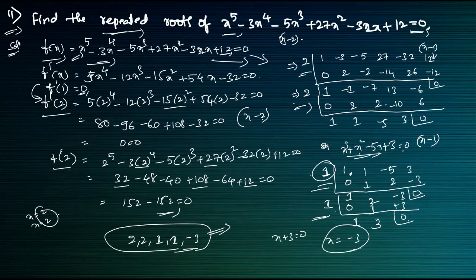So compulsorily 1 is the root for this one. First we are using the 1, after that 2 also we can use, but I did with the 2 here, and that also came as the answer for me. So if I do with the 2 also, after I took 1, the same means that if we do with 1, 2 will come as the answer, and that will also come as the answer here. So now moving to the next question here.